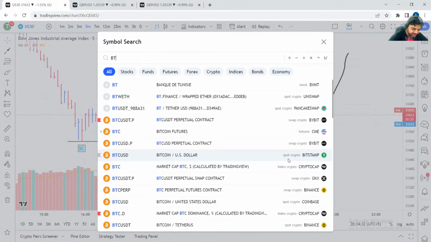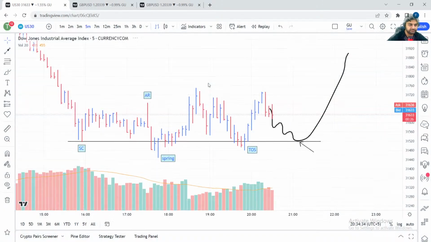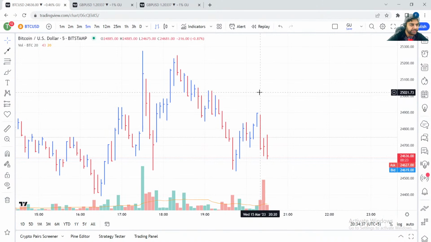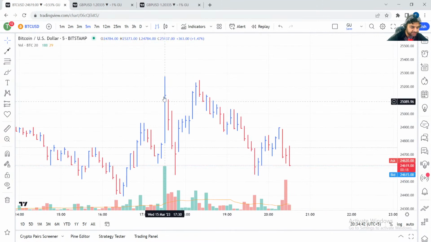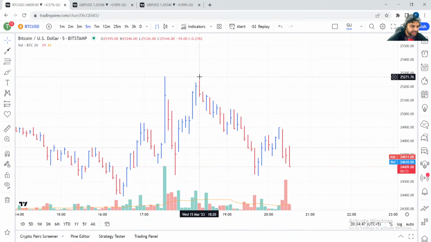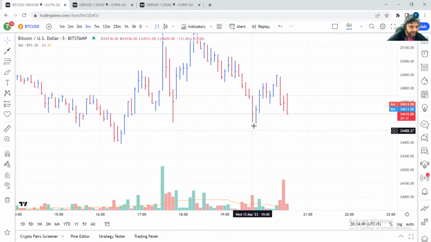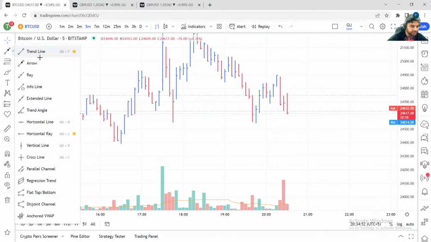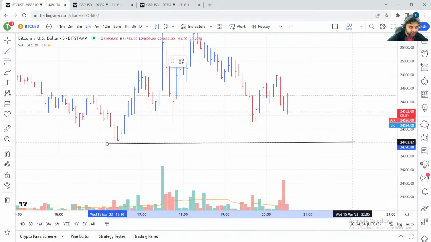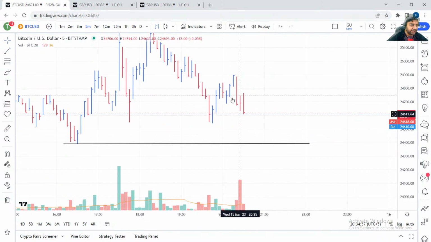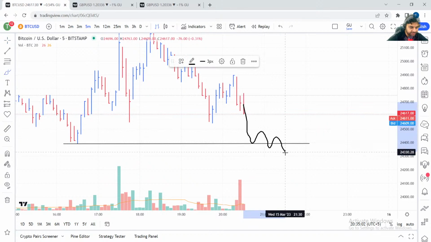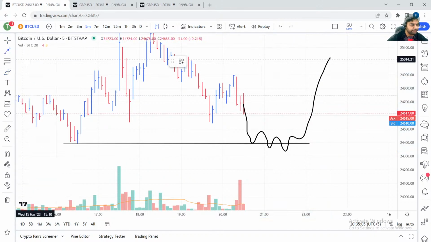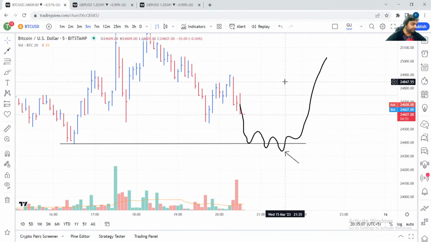BTC USD. Okay, BTC USD, Bitcoin. What's going on in Bitcoin is that I can see that this was an accumulation, and then the distribution happened, because this is the buying climax, automatic reaction, secondary test, and boom, downward. And I will wait for the market to come down to this level over here, and if the market comes down to this level and makes an accumulation, maybe a spring, then I will buy over here. No trade right now.